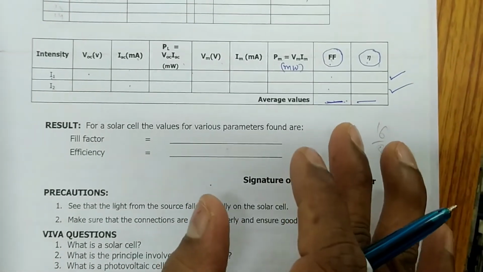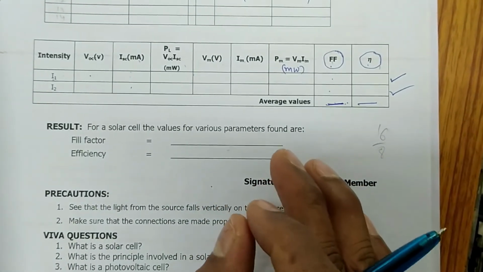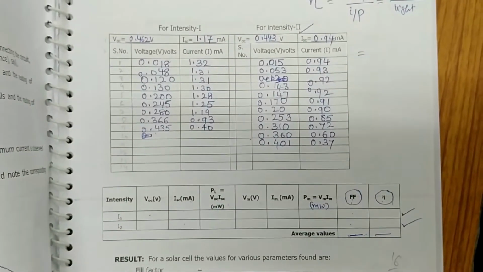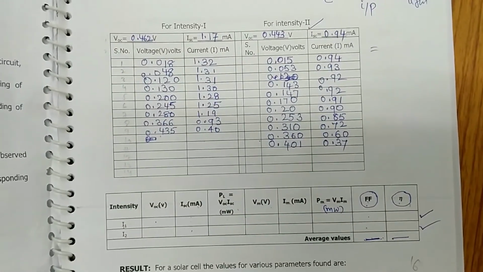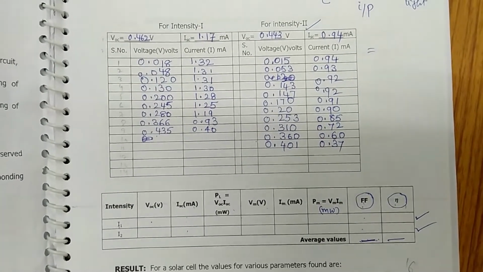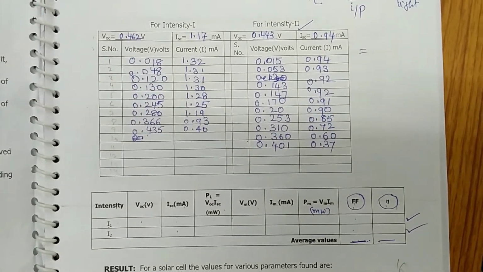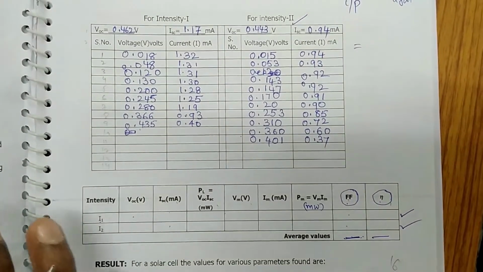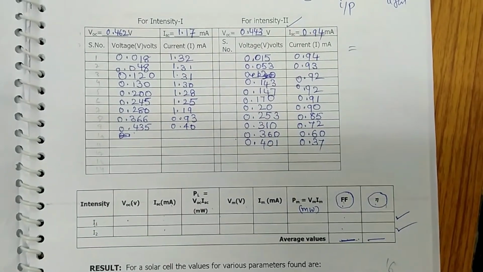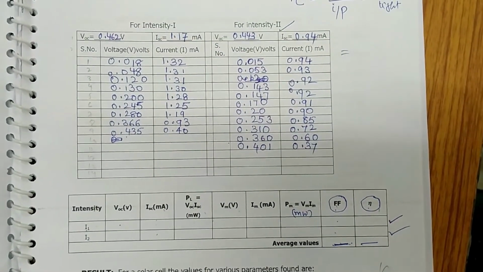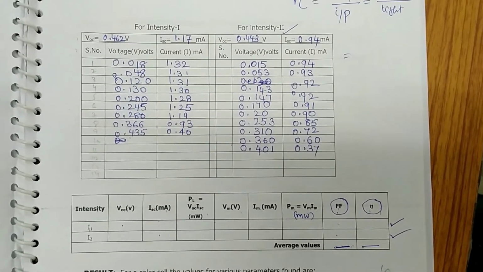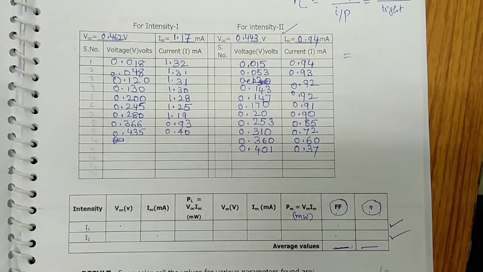In most cases, the efficiency you are going to estimate for our solar cell experiment is always less than 10. Because the theoretical value for a crystalline silicon solar cell is around 18%, but that is theoretically calculated. Practically you may not get that value, but in our experiment with this bulb setup we will get less than 10 only. Thereby, do the experiment: without connecting the circuit, find VOC and ISC for a fixed intensity,